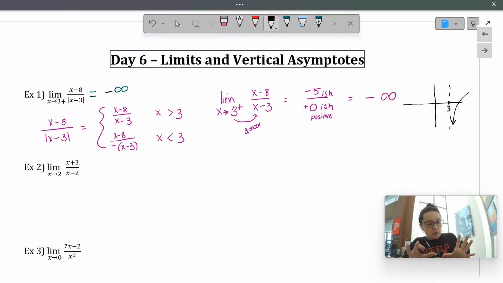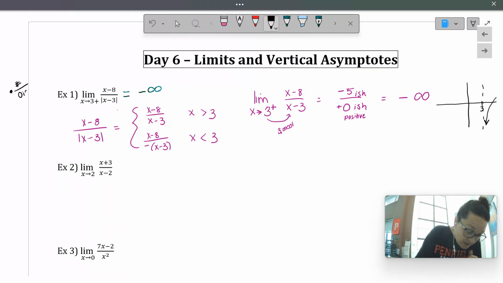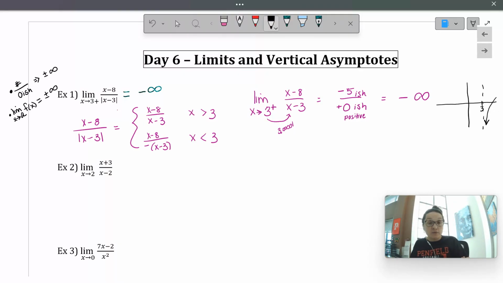So again, things I need you to take away from this example: if I had things in a nutshell, I need you to know that a number that's not 0 divided by 0-ish is going to head toward either positive or negative infinity, depending on whether the number is positive or negative, and that 0-ish is positive or negative. So a number divided by 0 is going to head toward infinity in a limit sense. And if you have a limit as x approaches a number, and you get either positive or negative infinity,